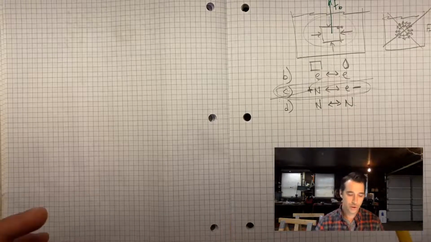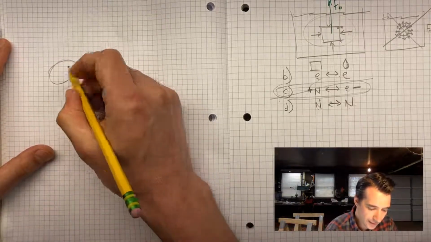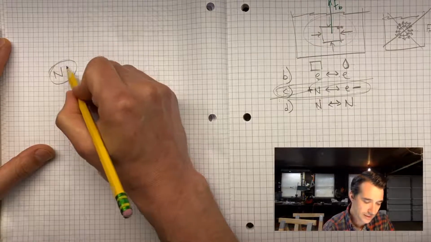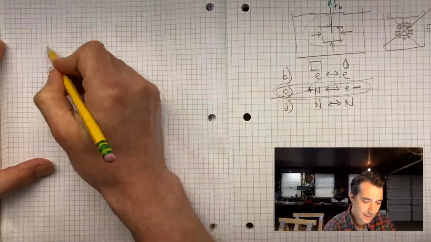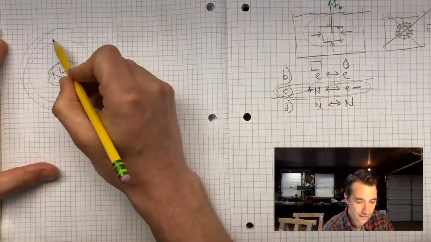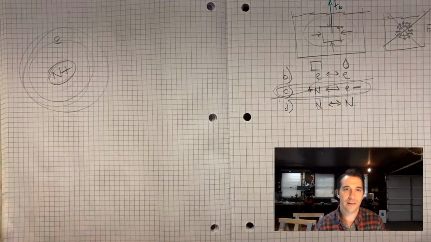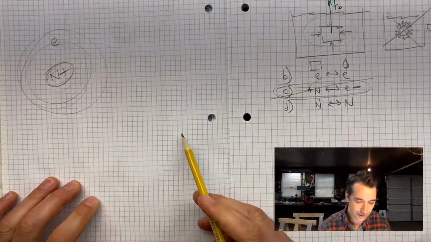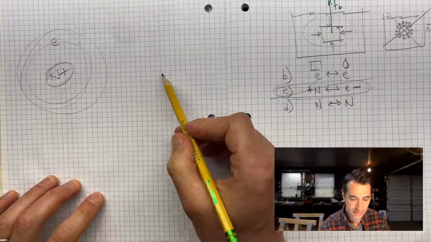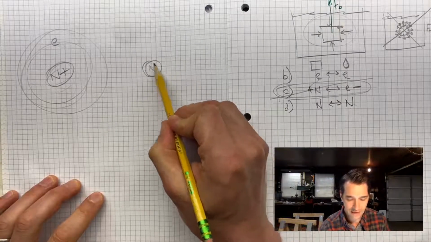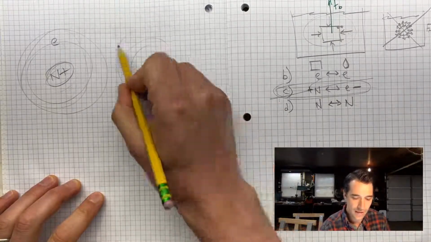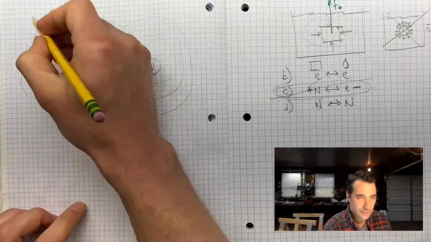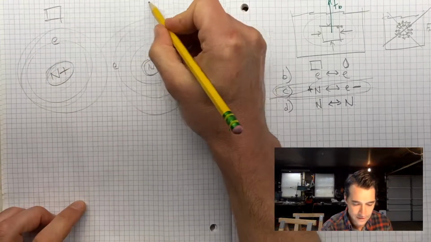Now, I'm not drawing this to scale in any way, but if I put N here for nucleus, and I'll put a big positive here, right? This is our nucleus, and we have all of our electrons flying around in their orbitals, right? Simple diagram of our atom, right? We know that's not exactly what it really looks like, but for our purposes, it's a pretty good picture. And then we have a nucleus over here and other electrons flying around. Well, if this was our block, this is our liquid,